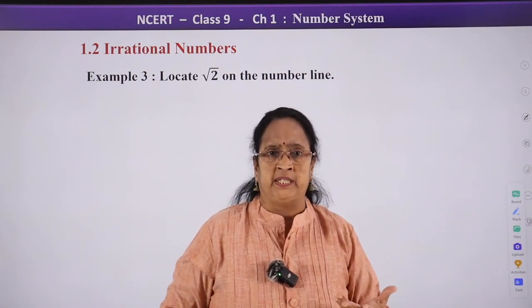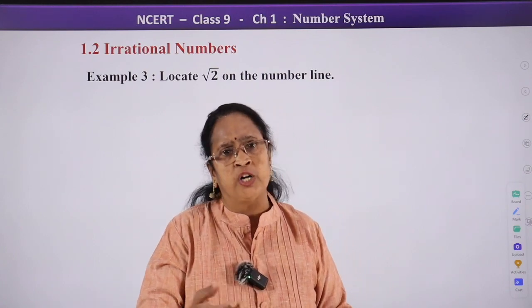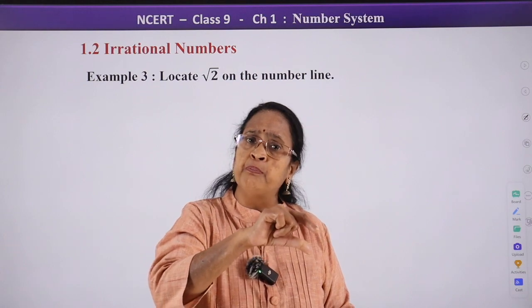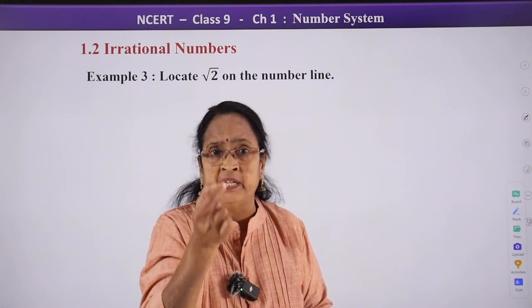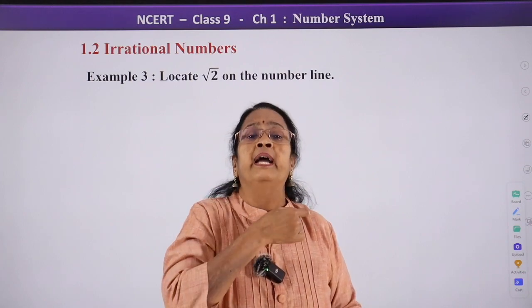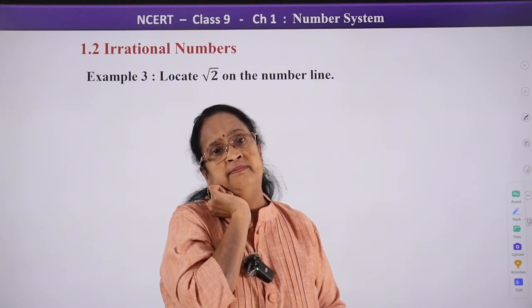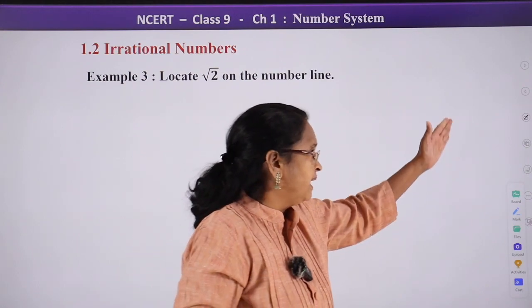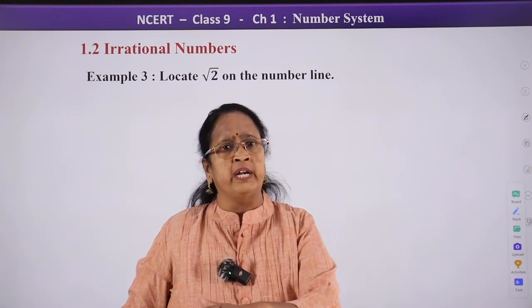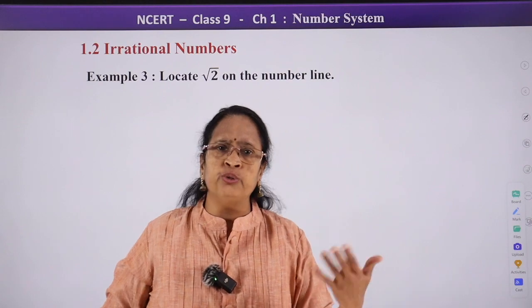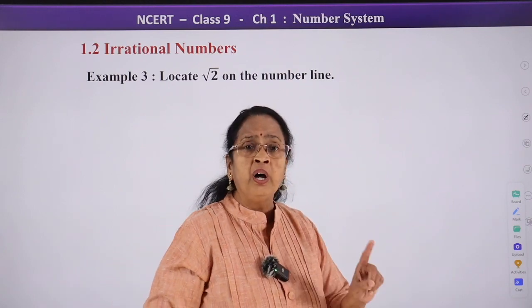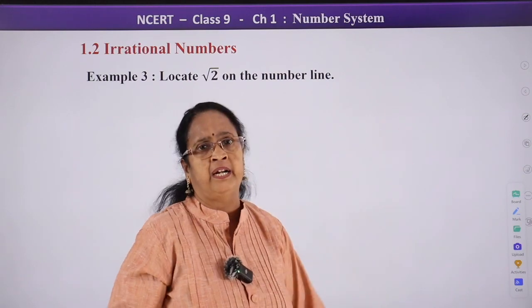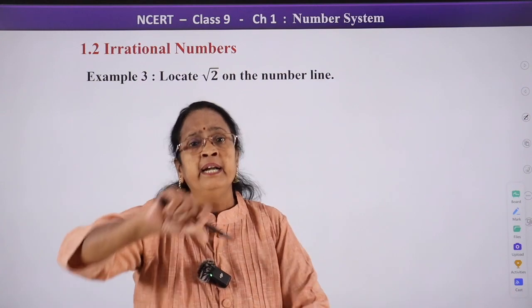Now, the ruler is made up of plastic, and your compass is made up of, of course, steel metal. So, there are a lot of chances that the compass might move by 0.1 centimeter, and moving by 0.1, the entire calculation is gone. So, to avoid such things, please draw a line at the side, according to the requirement. If 1, then draw 1, otherwise 2, 3, whatever is required. So, always draw a line at the side and use the compass to draw the measurement from that line rather than using the ruler and measuring.